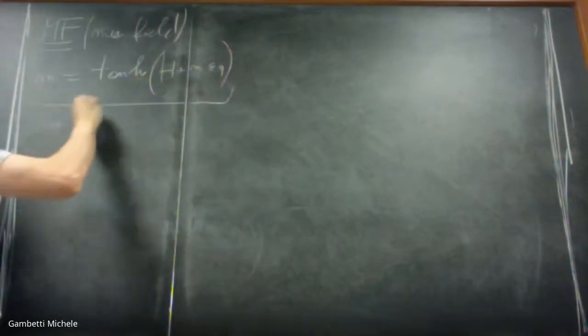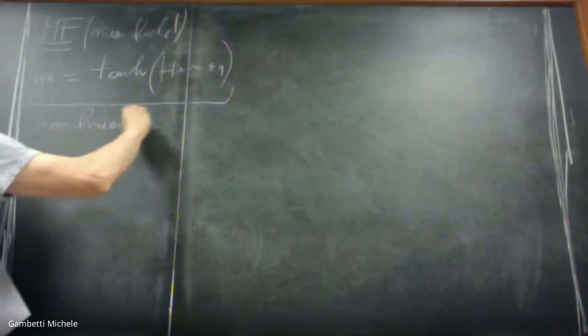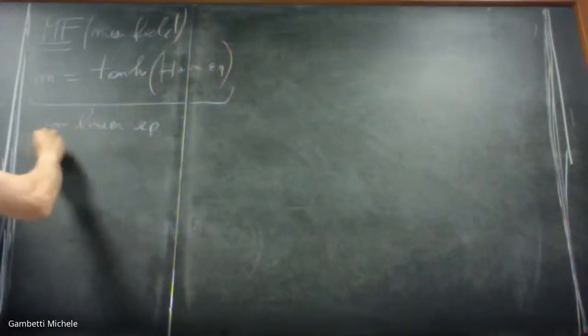It is a nonlinear equation for m. It must be solved, basically, numerically. There's no analytical solution for that. But at least we can understand qualitatively what's going to happen